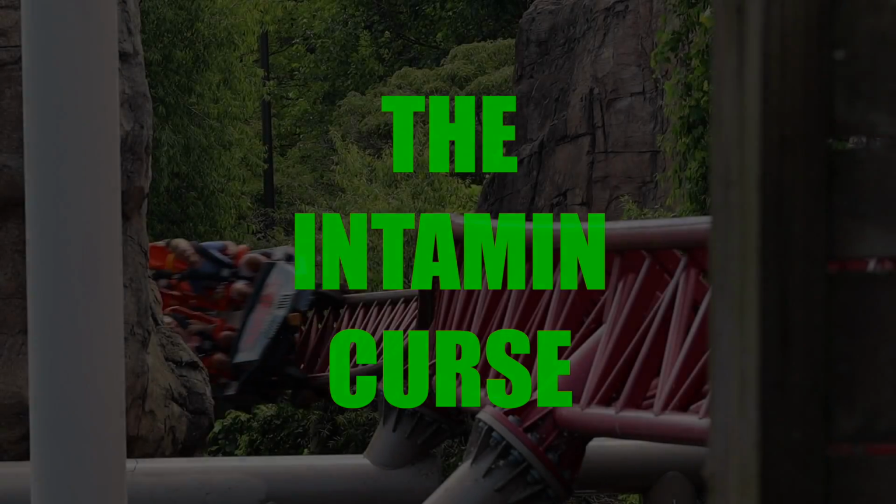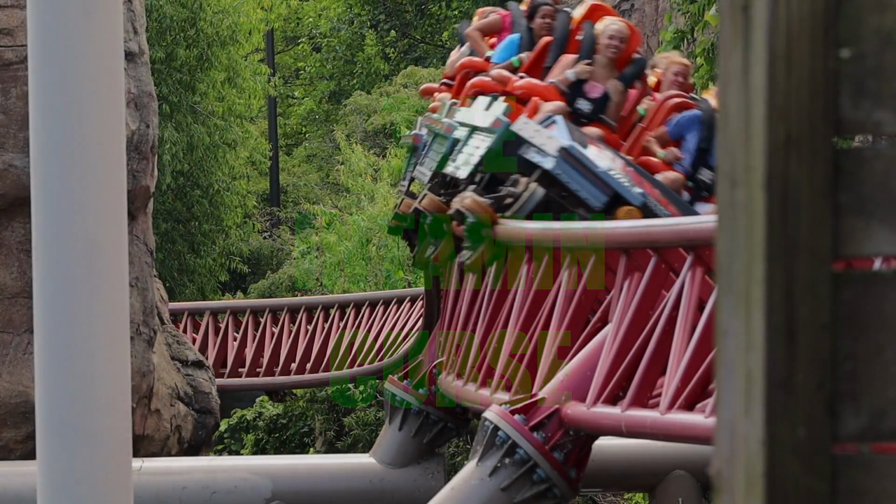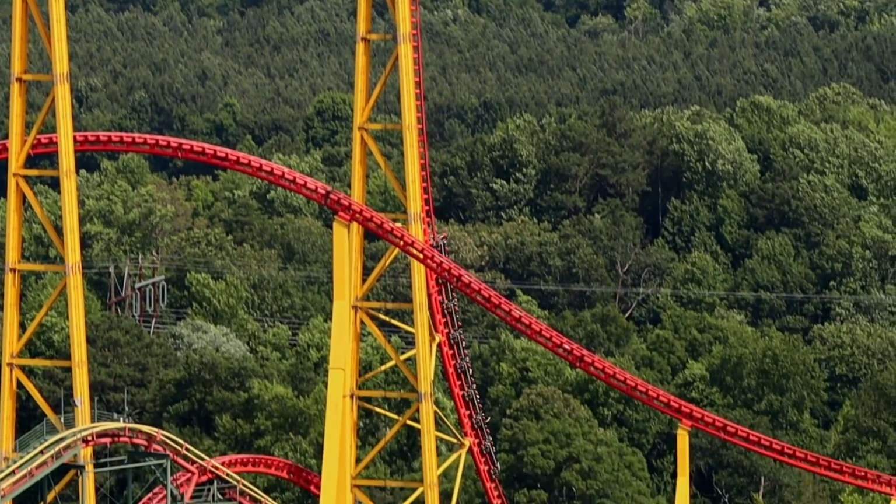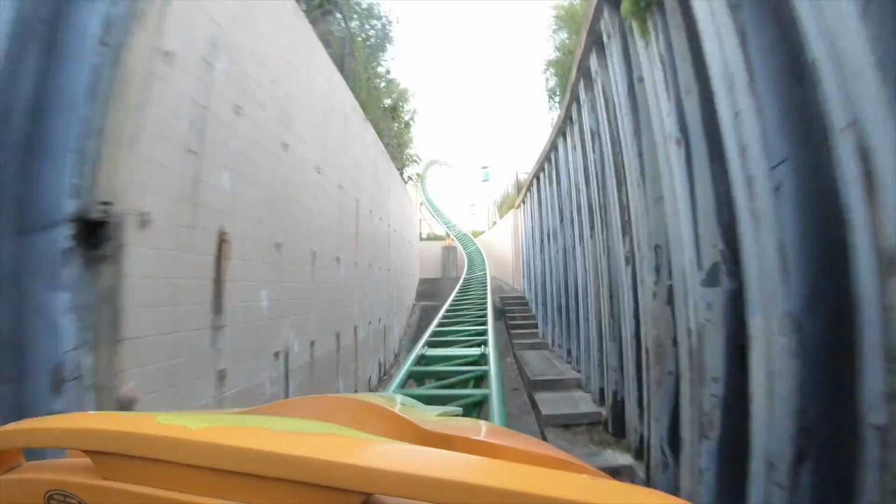Now, during construction, many people started to get really suspicious that the Intamin curse had struck again, and things were not going to plan. If you don't remember, Maverick's Heartline roll and Intimidator 305's first turn both had to be reworked due to being too strong. This time, the concern was that the ride was being